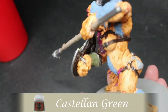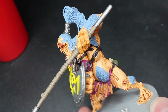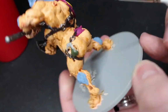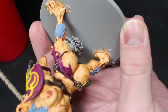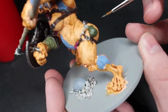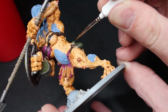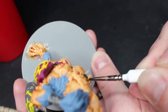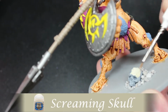Not too bad. So I'm painting those gums. I'd forgotten to do that. Here's some Castellan Green. This is a much darker green. I'm going to paint the sack, or satchel, or that's not a satchel, it's just a sack. I don't know. Maybe she plays marbles, and that's her marble sack with her favorite marbles in there. But I'm going to paint that green. Again, just trying to add another color, but something believable. I think she could find a green sack that she might like. And it's kind of looped in and then spilled over, so you can't see the